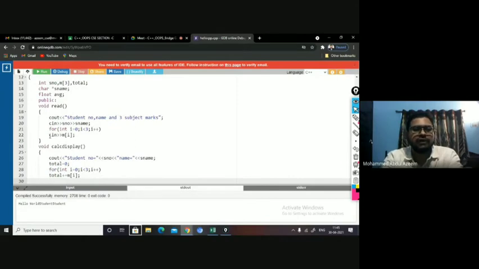Then I will be finding the average here. Average equal to total by 3, right? Total by 3 because there are 3 subject marks.